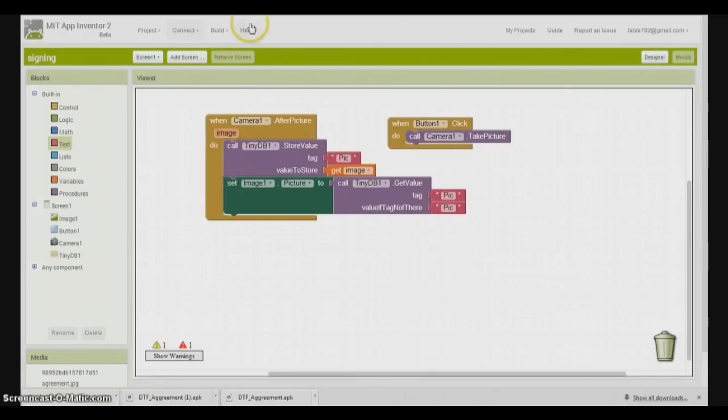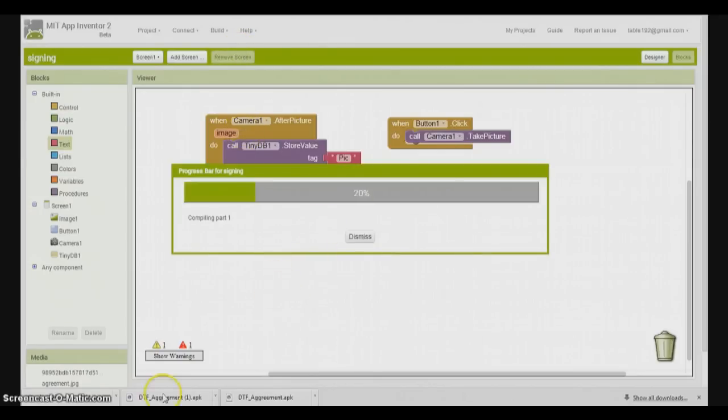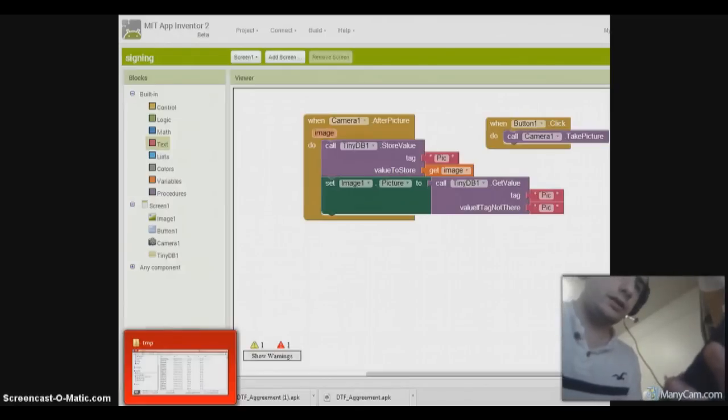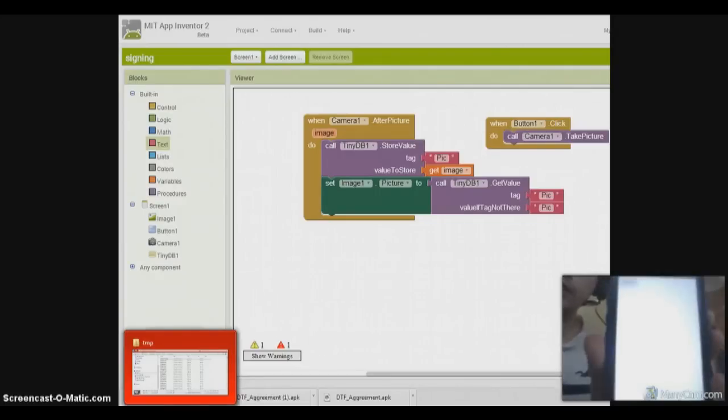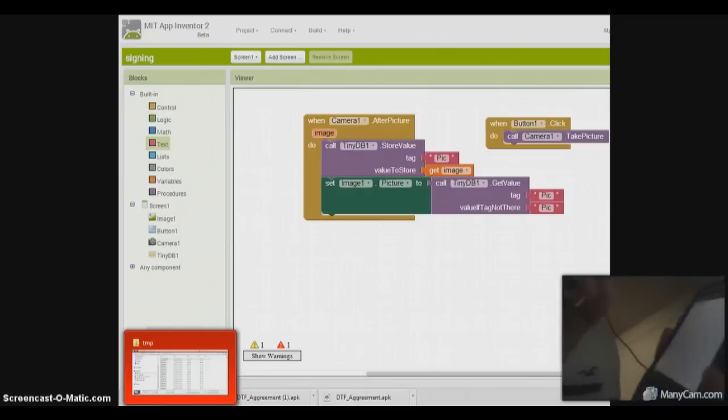Alright, so now we're done with that. We're going to go ahead and build it. Make a QR code here, and I'll show you after it's done building it. Alright, so all I did right now is I installed it from the QR code and put it on my phone. As you can see, there it is displayed on my phone. It's a simple button with no picture. So we're going to push that button,